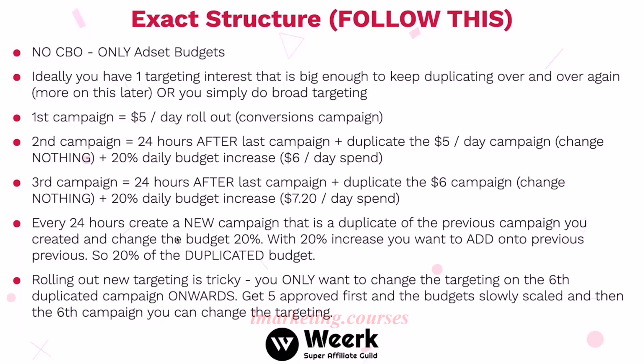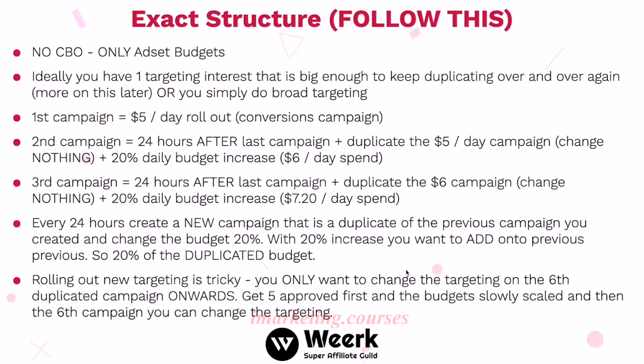the budget is, let's just say, $15 daily, sure, you can roll out another campaign, and that campaign can have new interest targeting, and you can start that daily budget at $10 because the duplicated one was $15. However, if you change the interest when the budget is under $10, then I would suggest restarting that at $5 a day spend. And then when you duplicate that campaign, that new interest, you're going to, again, compound it every